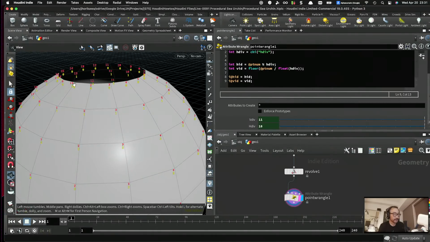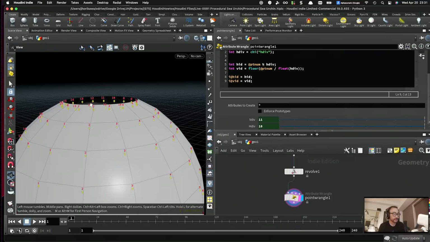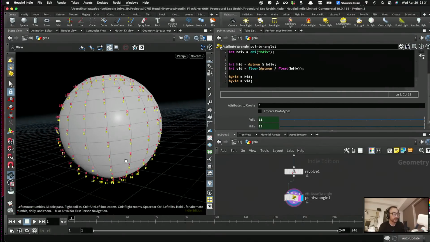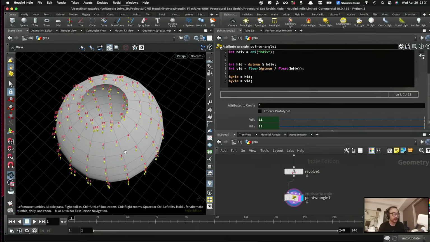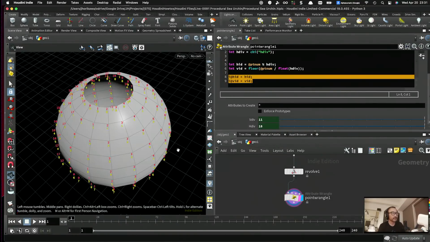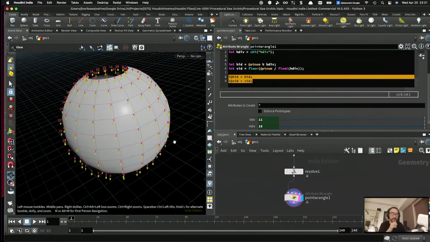And yeah, looks good. Starting from 0 at the top, 1 in the second layer, 2 in the third layer, 3 in the fourth layer, and so on. Seems to work. Now we can use this information for what we want to do. The thing that I want to do here is to shift